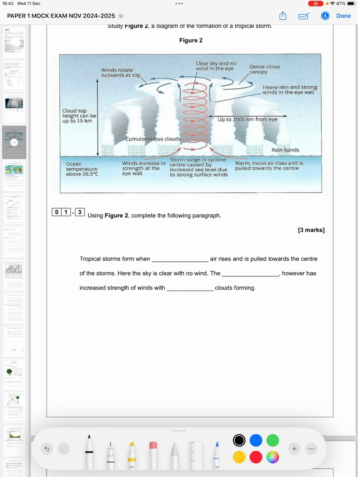AQA love a gap fill more than you would think. You might think to yourself that these are quite key stage 3, but no, AQA do like a gap fill. So whenever you get something like this, it's all about taking your time, reading the information in the figure. And I always say to my students, whenever you do get a figure like this, just stop